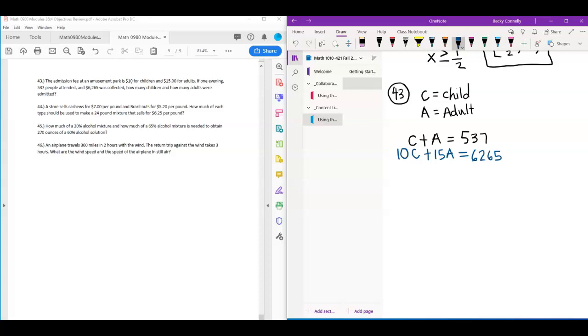So I'm going to say, okay, I'm going to eliminate C. So if I eliminate C, then that means I would need to multiply that whole top equation by -10 so that when I add it to this blue equation here, the C's will cancel out, right? So I'm going to put this underneath here now in red, distributing that through. So I'd have -10C minus 10A equals, and then